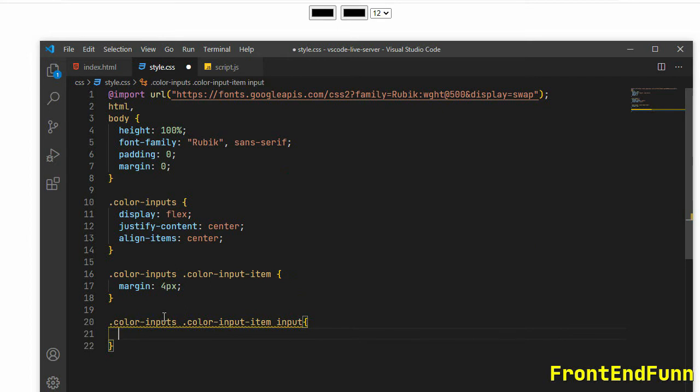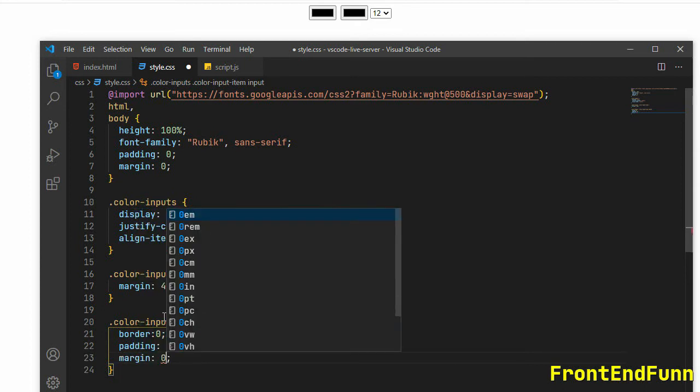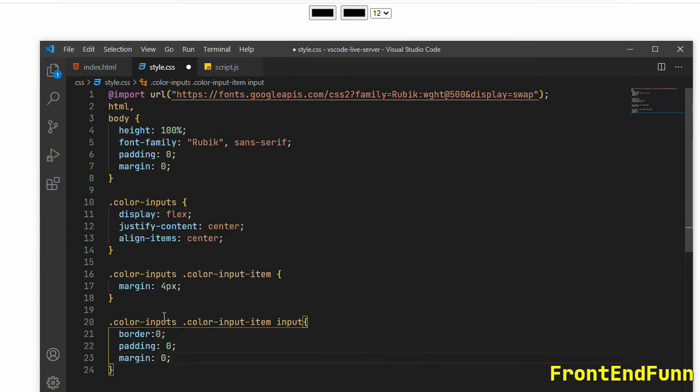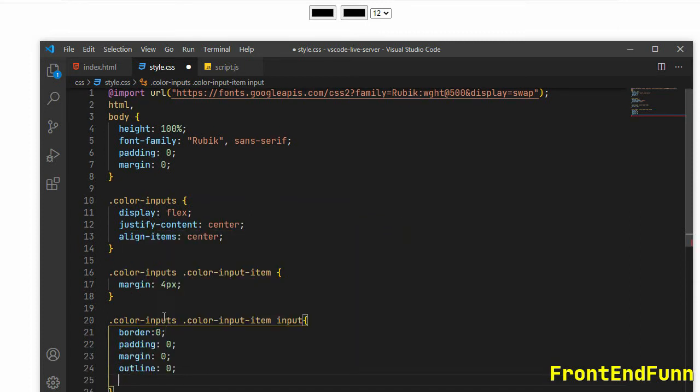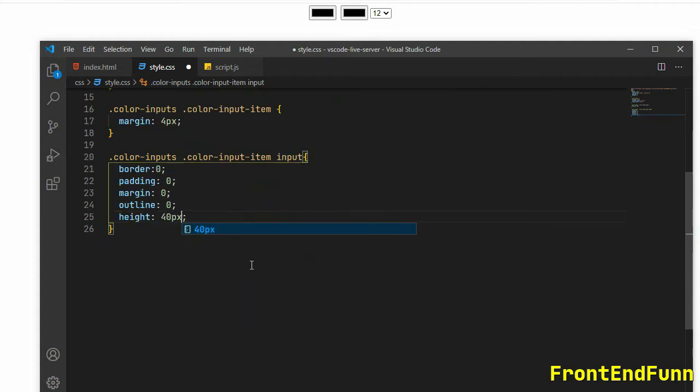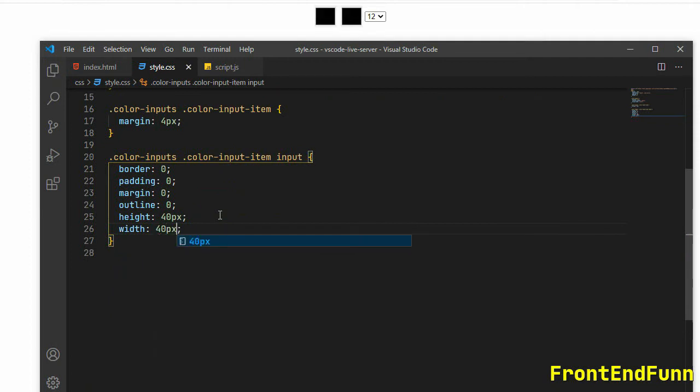So I'm just targeting the input elements. I'm just removing the border and removing the padding as well as the margin, and set the outline to 0. Let's give it a height of 40 pixel and width of 40 pixel.